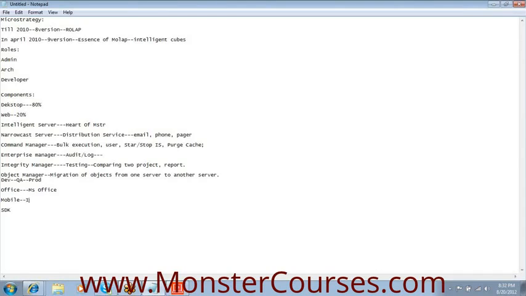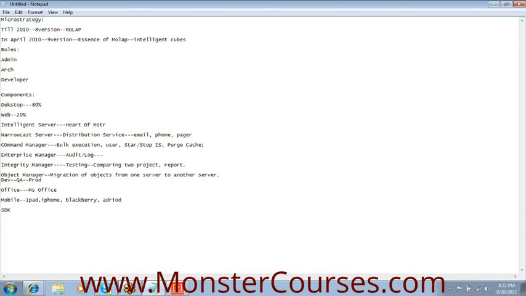Mobile. Earlier it was strictly for iPad, iPhone, and BlackBerry. These days we have Android also available for MicroStrategy. If you have an iPhone, you can install the MicroStrategy app through the app store.